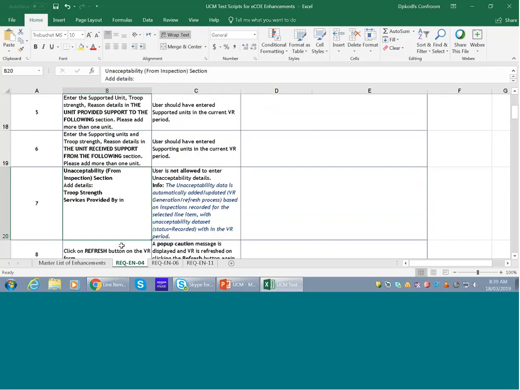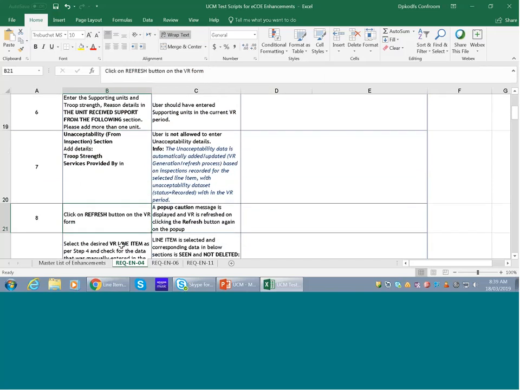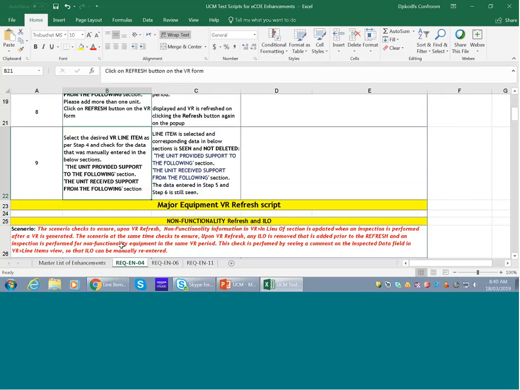It also gets captured, and when you perform a refresh, you would test that whatever the data that you've entered manually for the supporting units and the supported units would not get disassociated. So this is a test case for a self-sustainment VR refresh,